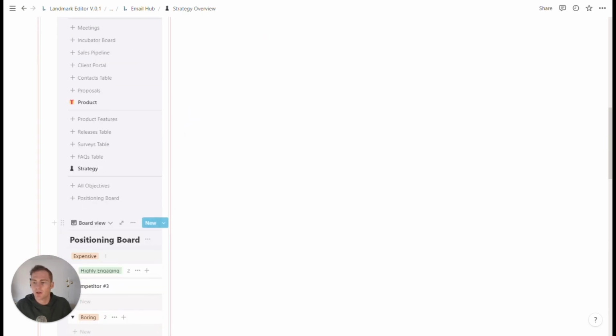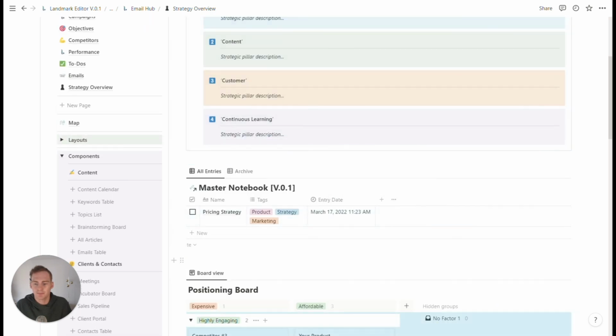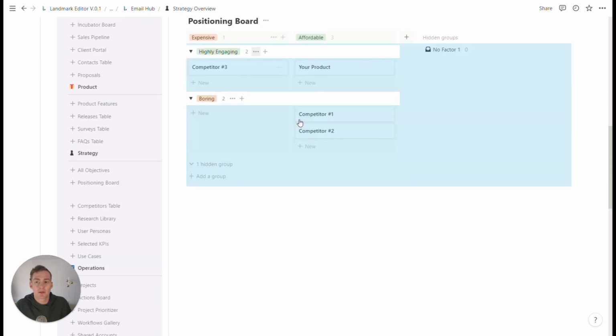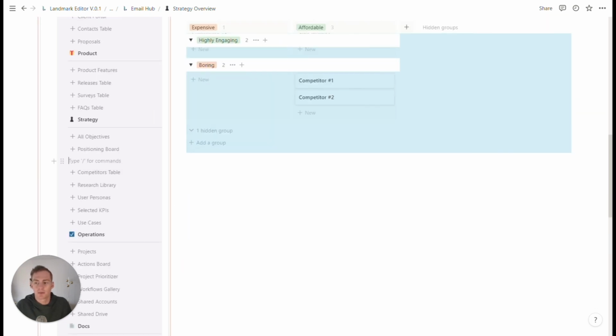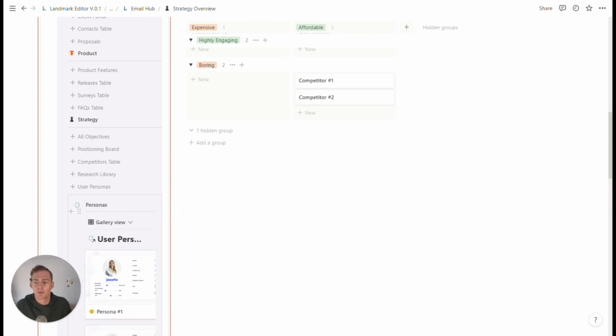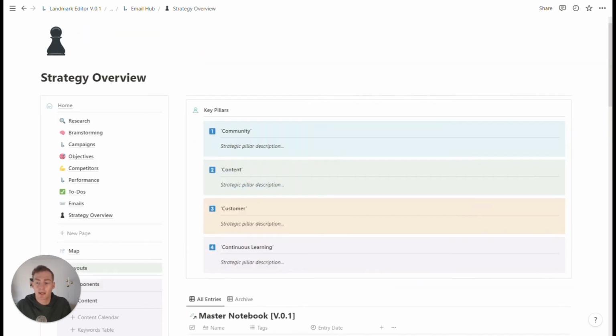Let's just do this positioning board as an exercise. So you could have your two key positioning factors as part of this strategy overview. User personas, for me, that's always quite handy to have, especially if you're trying to brief a writer. So now we have a bunch of stuff on this page, and it's making me think we should create some